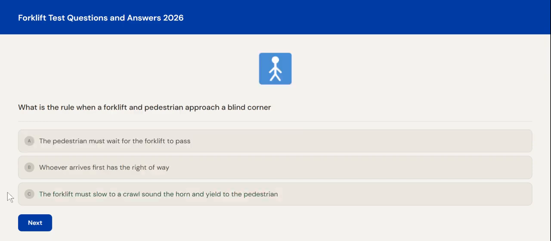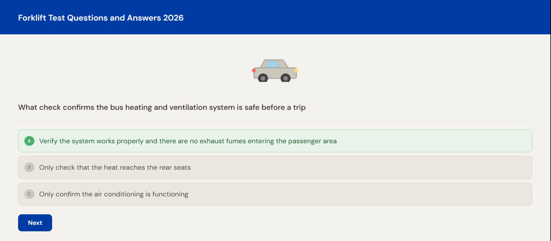Let's keep going. What is the rule when a forklift and pedestrian approach a blind corner? The forklift must slow to a crawl, sound the horn, and yield to the pedestrian. Blind corners are the most dangerous spots in any